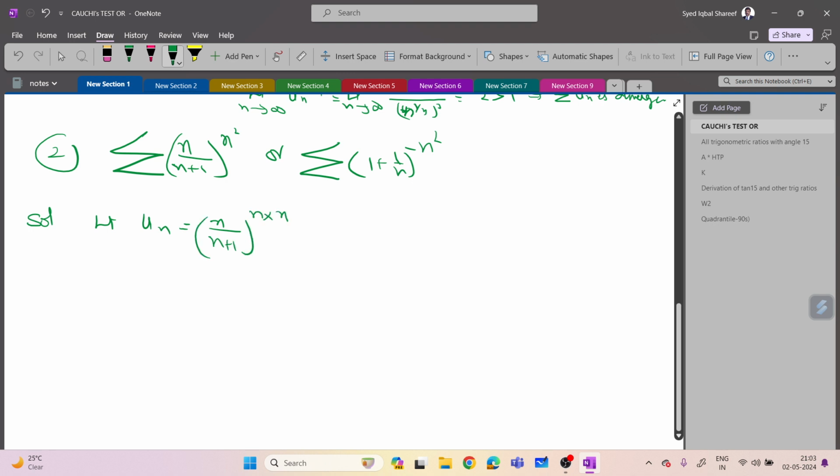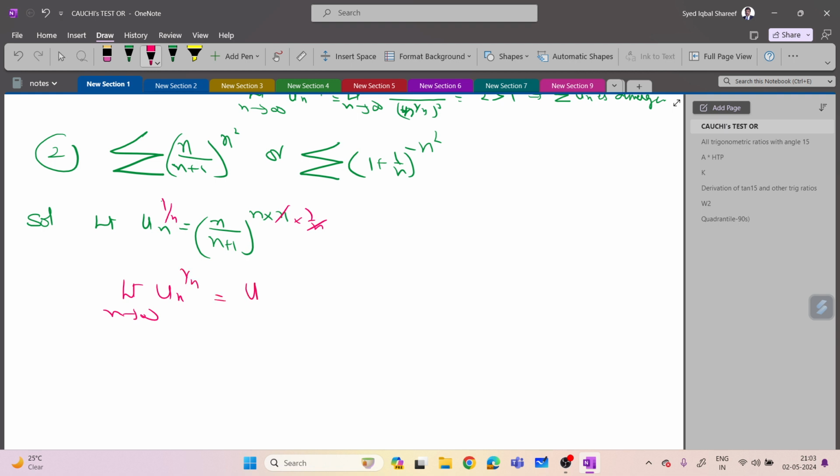N square means n into n. Now what I am doing is raising both sides to 1 by n. This gets cancelled. So now apply the limit as n tends to infinity. Un whole to the power of 1 by n equals the limit as n tends to infinity of